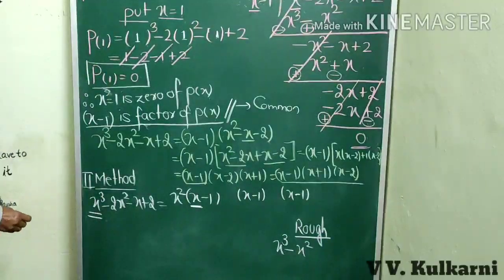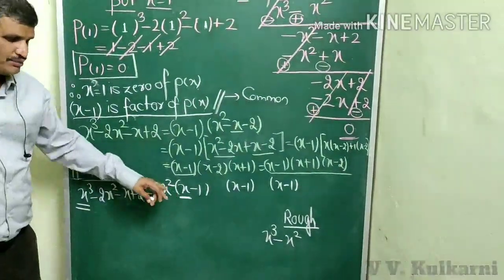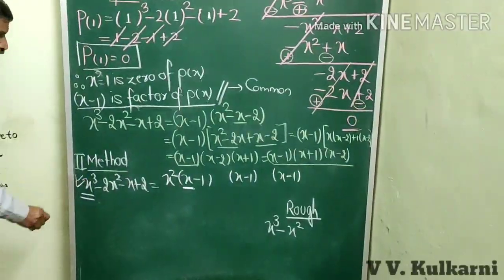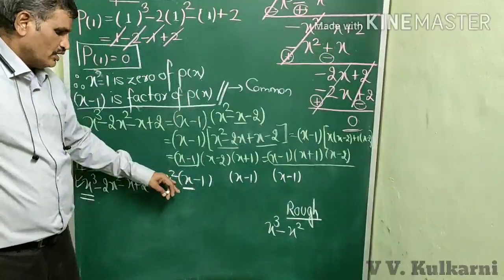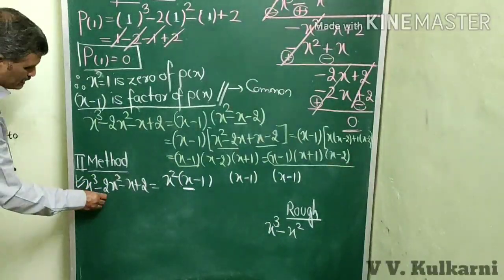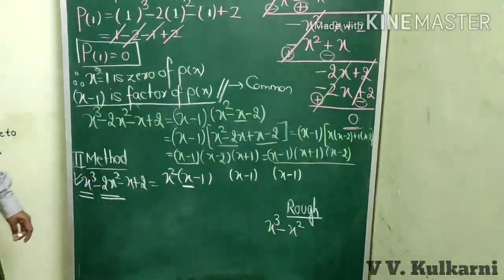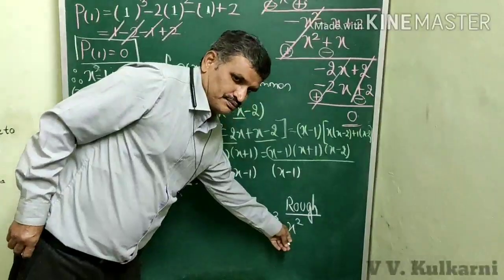Now see, I am trying to make these two equal. And in the process, let me see what are the things that I have made equal. x cube, already I got x cube here, by multiplying x square and x. But what I need here, the next thing that should be made equal, is minus 2x square. And my dear, you are having only minus x square here.